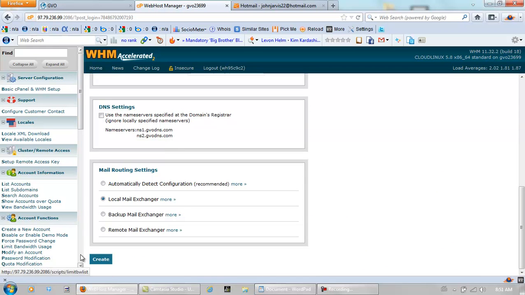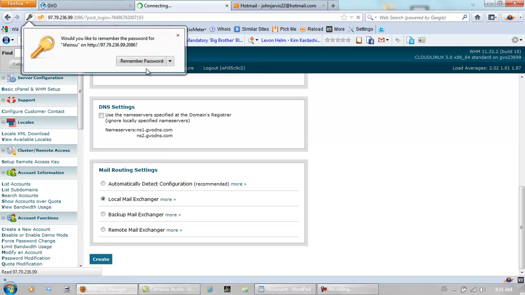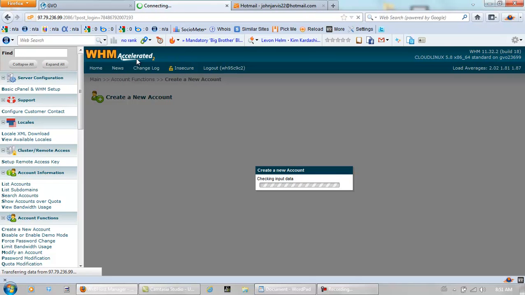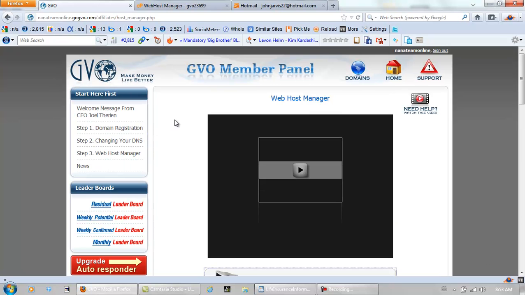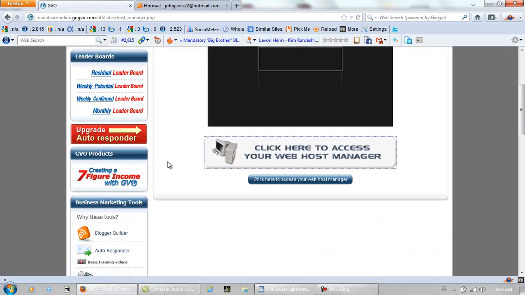Scroll down, click create. And I can't do this because it's going to, well actually I can. It's going to show all of the information, but again I'm going to have to change it. Alright, I will have to cut parts out of this for sure. Okay, now that account is created, I come back into the my web hosting manager account, and I click on